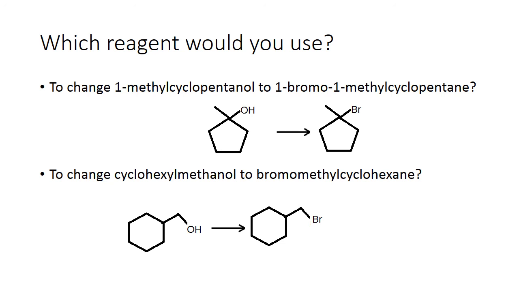What reagent would you use here to change 1-methylcyclopentanol to 1-bromo-1-methylcyclopentane? Because this is a tertiary alcohol, you'd have to use hydrogen bromide. What about to change cyclohexylmethanol to bromomethylcyclohexane? Because this is a primary alcohol, you would have to use phosphorus tribromide. So, for a tertiary alcohol, use hydrogen bromide, and for a primary alcohol, you would